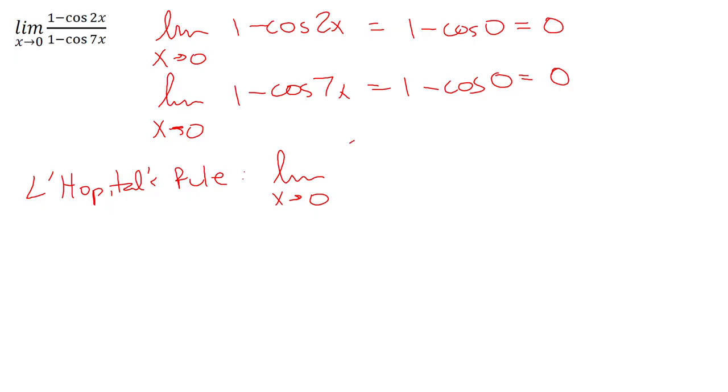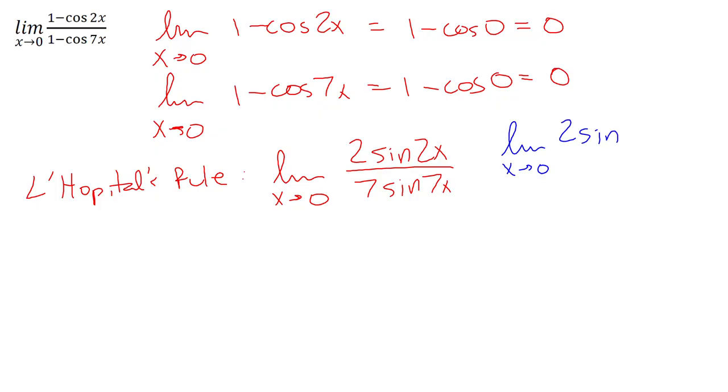So we just end up using the chain rule to get 2 sine 2x, and very similarly in the denominator to get 7 sine 7x. Immediately we should recognize that that's going to be 0 over 0, that the limit as x approaches 0 of 2 sine 2x is 0, and that the limit as x approaches 0 of 7 sine 7x is also 0,